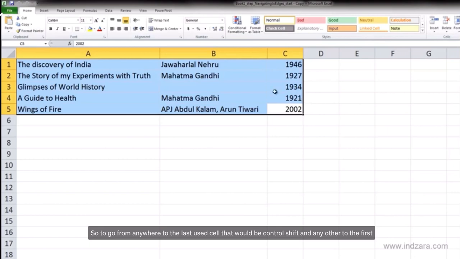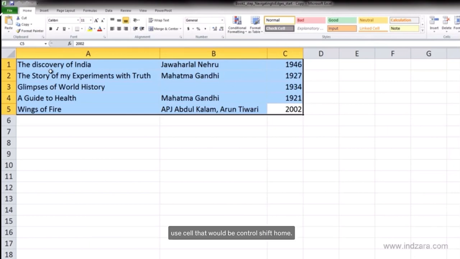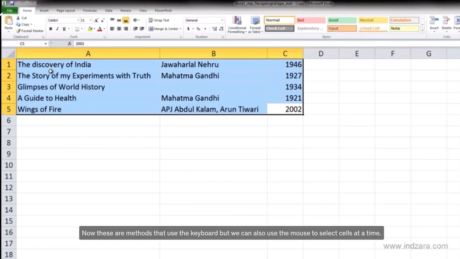Anywhere to the first used cell, that'll be Control Shift Home. So these shortcuts will help you to select lots of cells very quickly. Now, these are methods that use the keyboard, but we can also use the mouse to select cells at a